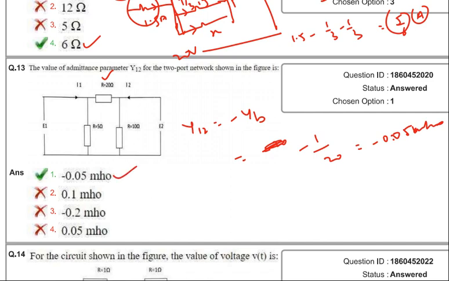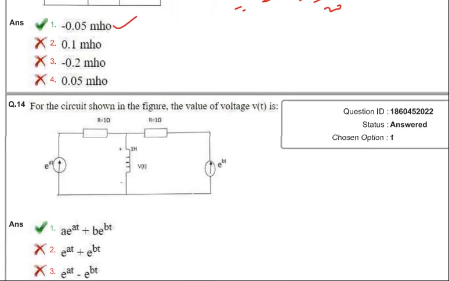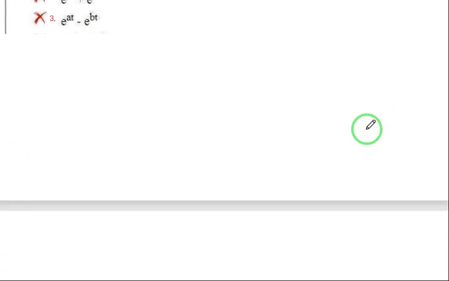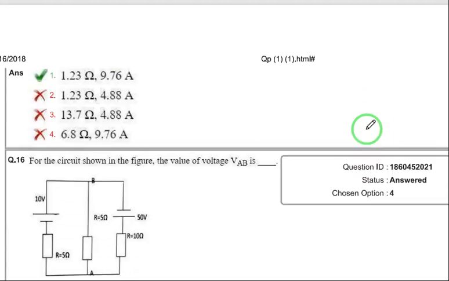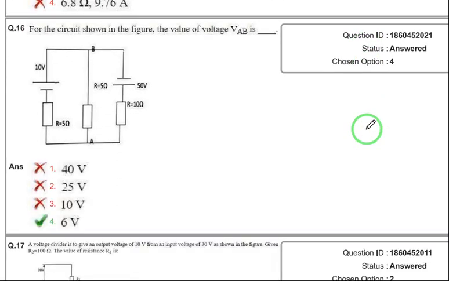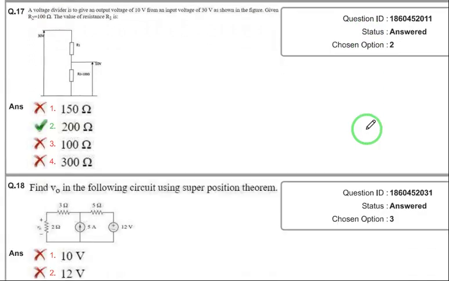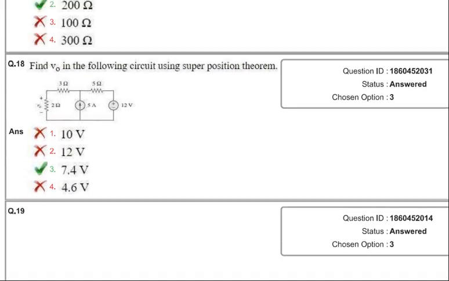So like this you can solve all the questions. Just see the models, what kind of questions they are giving. Just observe the models. And this paper I will give in the description. You can download that. Okay. If you have any doubt or any suggestions regarding this, you can tell in comments. Just observe what kind of questions they are giving. Find V0 for the given circuit.